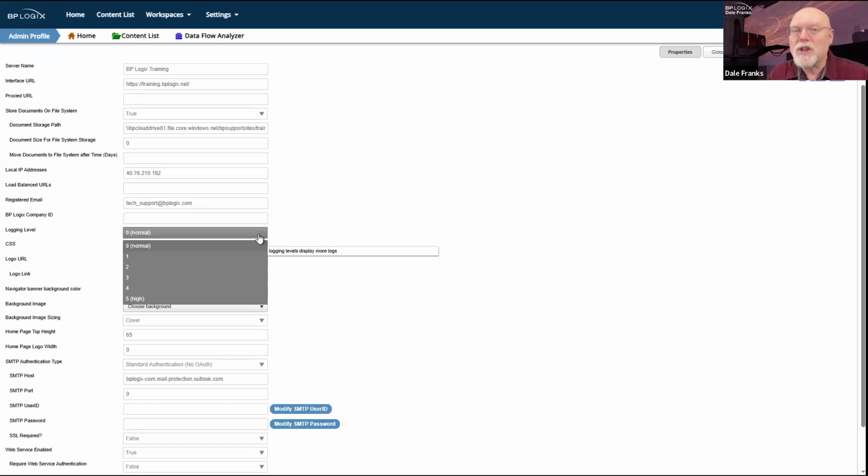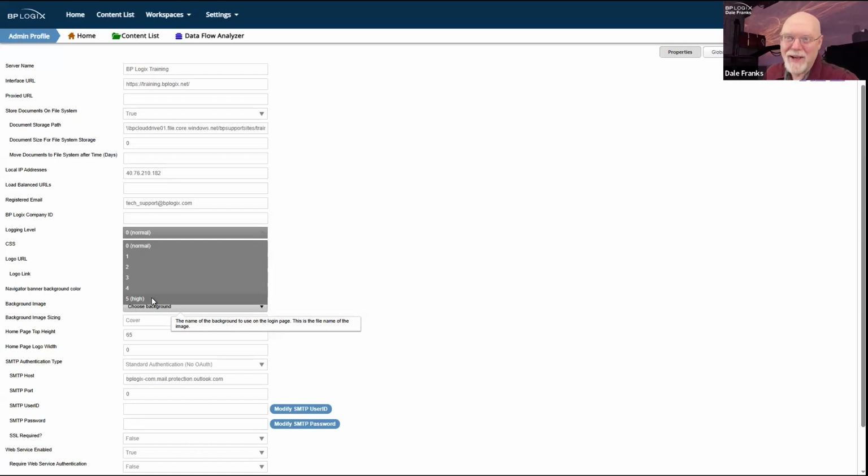This is solely dependent on the size of the text file. So once the text file hits the size limit, and I don't remember what the size limit is right off the top of my head, it is not based on time or anything else. It's solely based on file size. So that means if you are logging at level 5 and you are logging 5K's worth of text logs per minute, then that first log is going to last about 10 minutes.